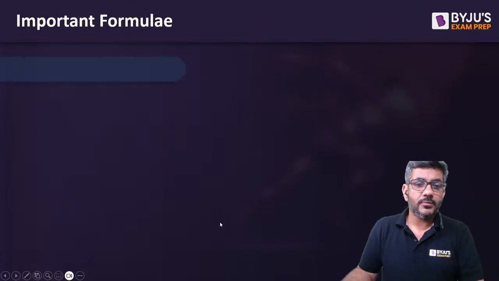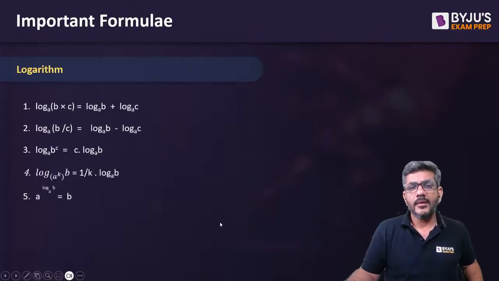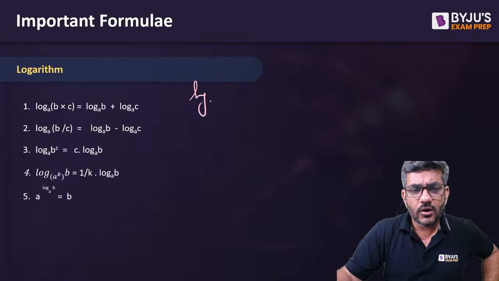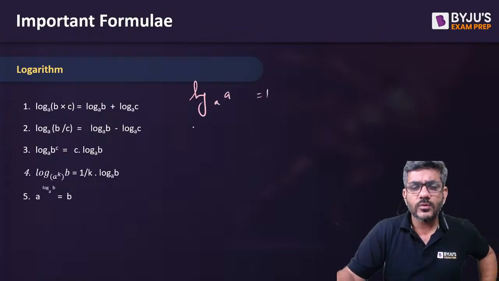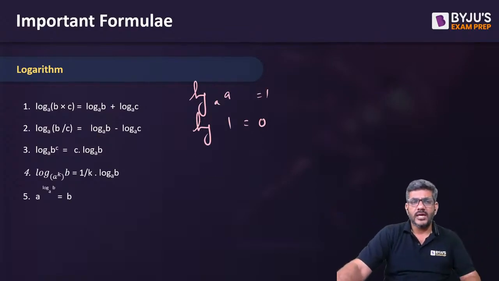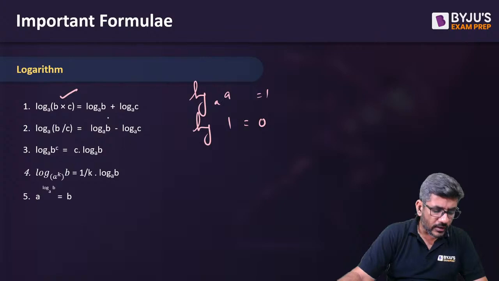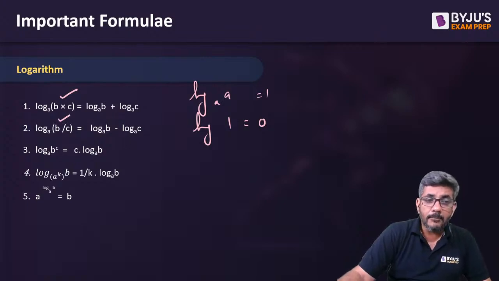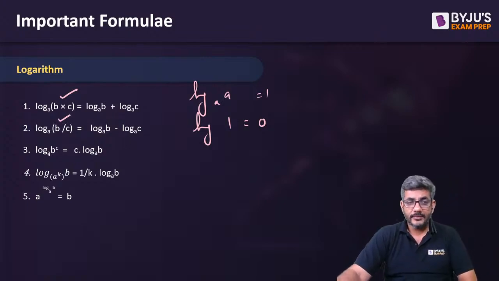What is next that we have here? It is logarithm. Simple rules, you all know that log a to the base a is equal to 1. I have not written them. Log 1 is always equal to 0. ये कुछ चीजें तो पता ही होती हैं. Apart from that, log mn is log m plus log n. Log m by n is log m minus log n.